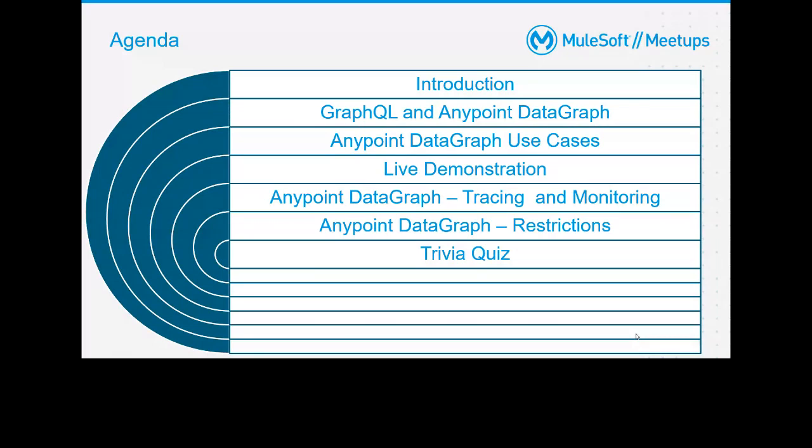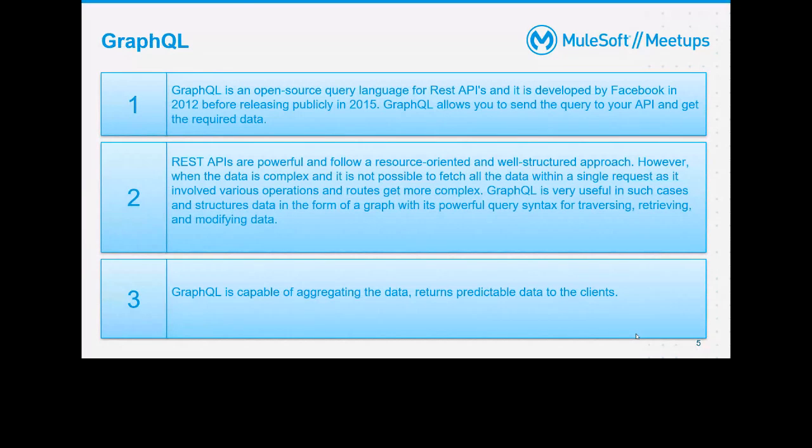Okay, so what is GraphQL basically? GraphQL is an open source data query and manipulation language for your API. Basically it's an open source query language for your REST API. Let's take an example. You have a database with 10 fields, and you can run a select statement for column 1 and column 2 from that particular table. It will return the two columns of data, right? In the same way you can query